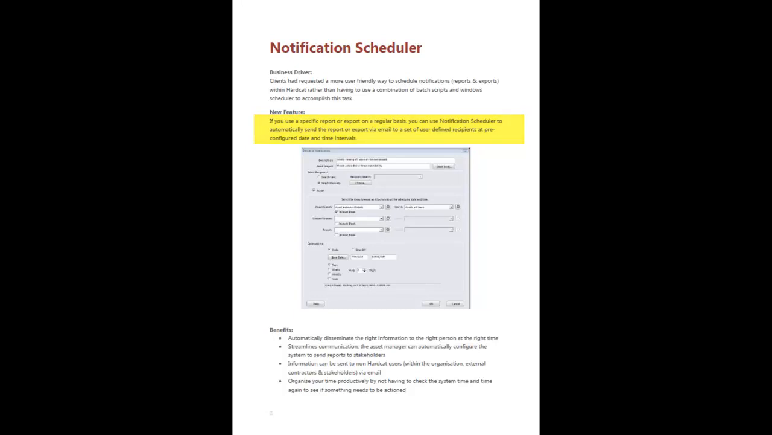Some of the benefits: you can automatically disseminate the right information to the right person at the right time. It streamlines communication. The asset manager can automatically configure the system to send reports to stakeholders. Information can be sent to non-Hardcat users within the organization, external contractors, and stakeholders via email. Organize your time productively by not having to check the system time and time again to see if something needs